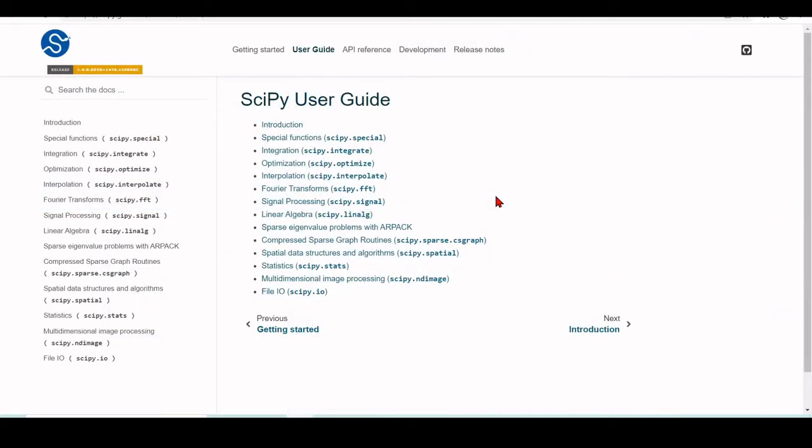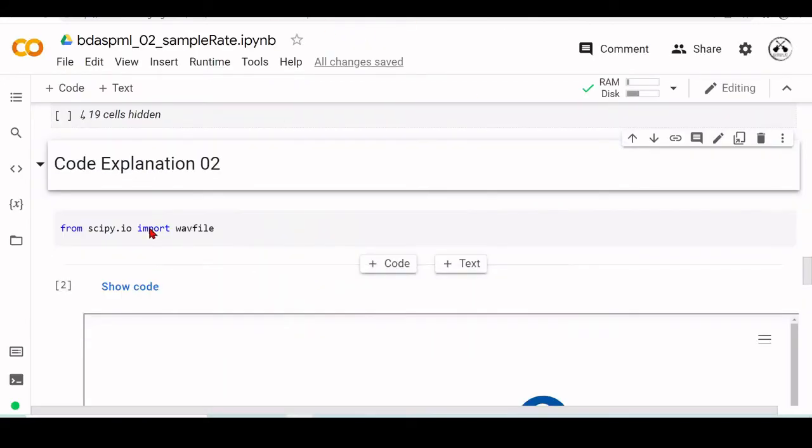So we will have algorithms for optimization, interpolation, Fourier transforms, signal processing, linear algebra, some special functions, some statistics, file I/O, and multidimensional signal processing. And of the many algorithms available, there is a section that we are